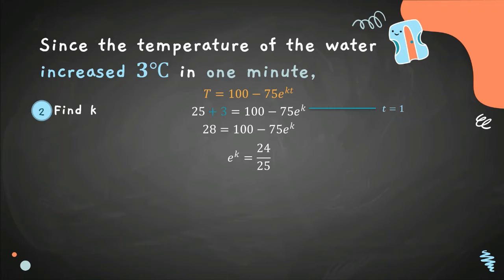So 28 equal to 100 minus 75 e to the power of k,